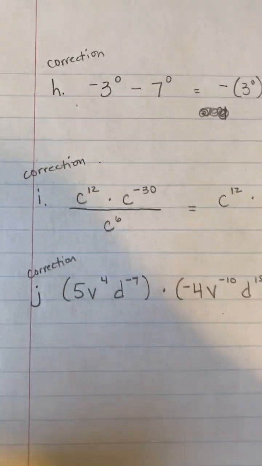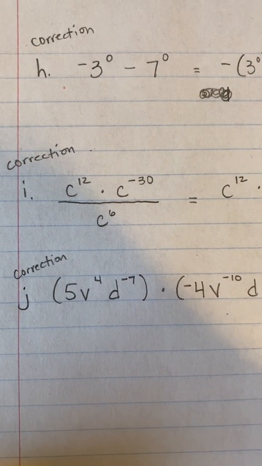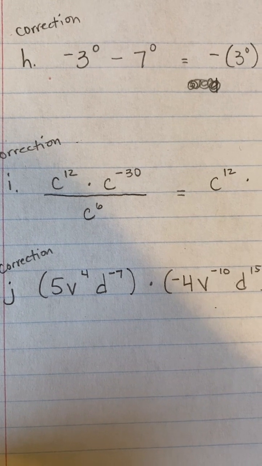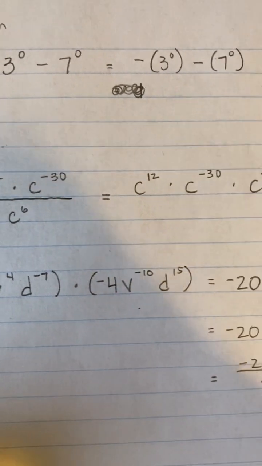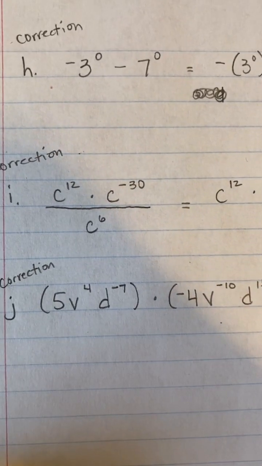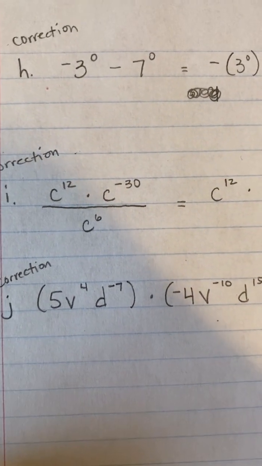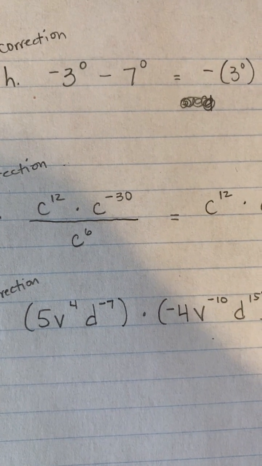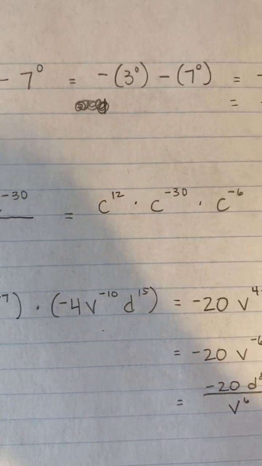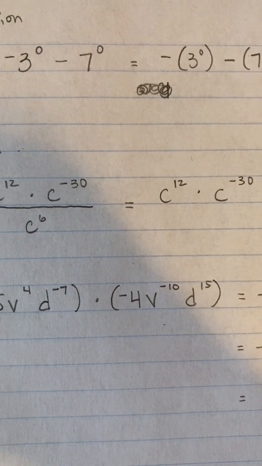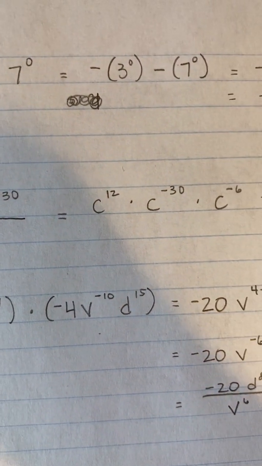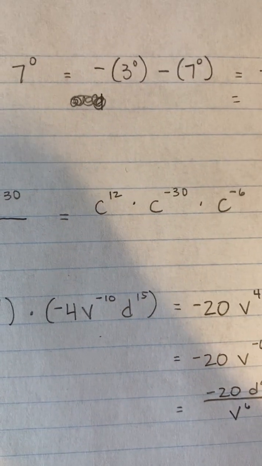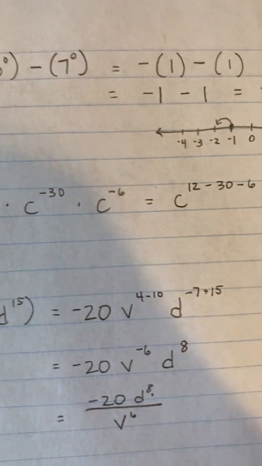So this one is just a lot of adding exponents together after you move them around. So I kept the c to the 12th on the top, and I moved the c to the -30 to the bottom. Or actually, no, I moved the c to the 6th to the top. So I moved that because I'm just going to be adding exponents together. So to make it easier, I moved the c to the 6th up to the top, and I made it c to the 12th, which is the same, times c to the -30, which is the same, times c to the -6. Do you see that? I went from +6 on the bottom to -6 on the top, and then just added them all together, which